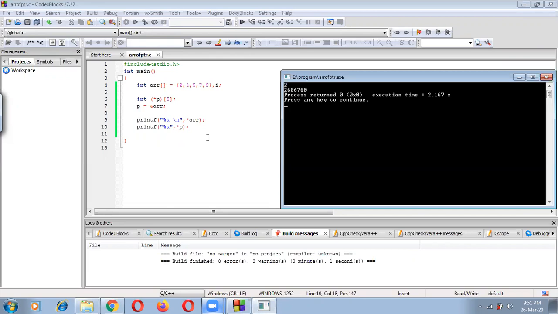So the output will be 24578. Okay, but how can one variable print five values? Is it possible for a single variable to print 5 values? No, sir. So then what is the trick? The trick is that, look,